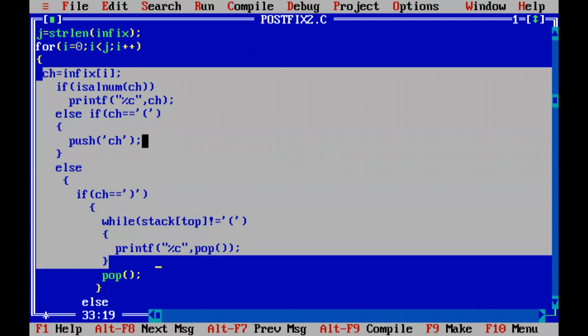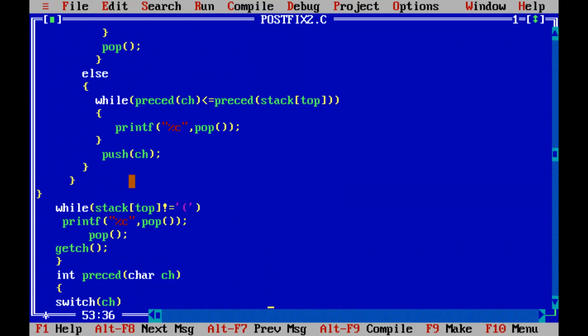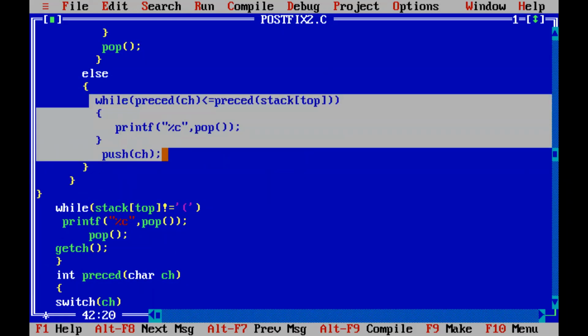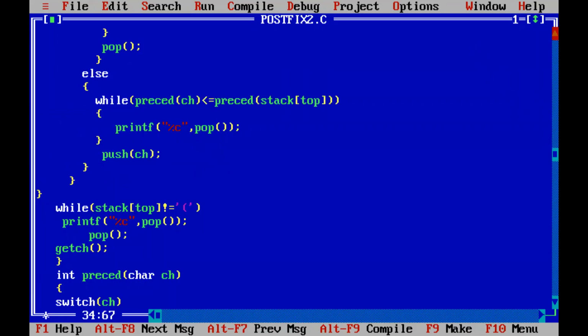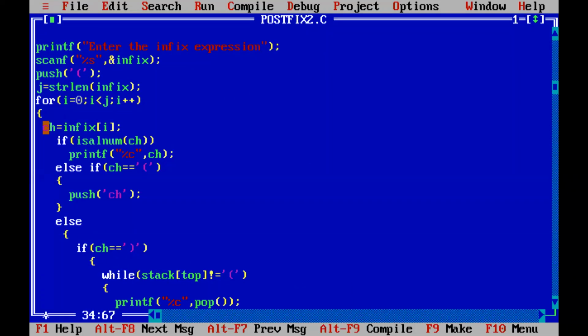Either it is alphanumeric, meaning an operand, or a left parenthesis, which will be pushed onto the stack, or a right parenthesis, which will make operators pop out from the stack. Or it is an operator, which will be checked for precedence against the operator on top of the stack. So these are the four conditions for a symbol being scanned.